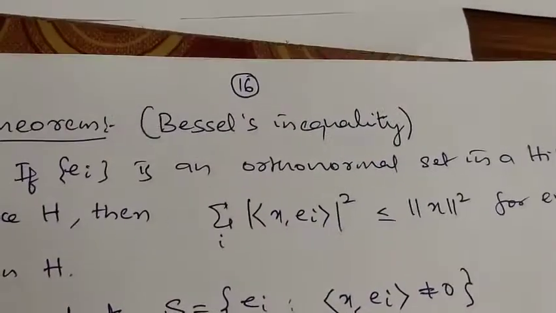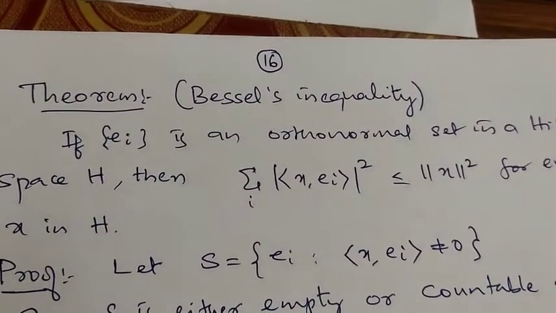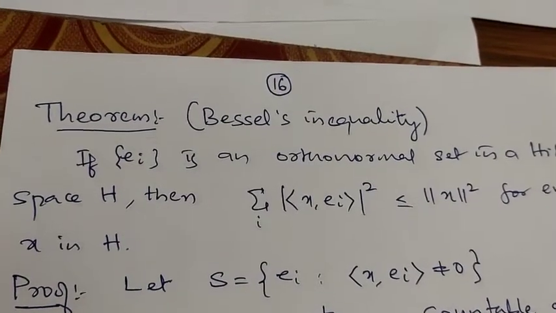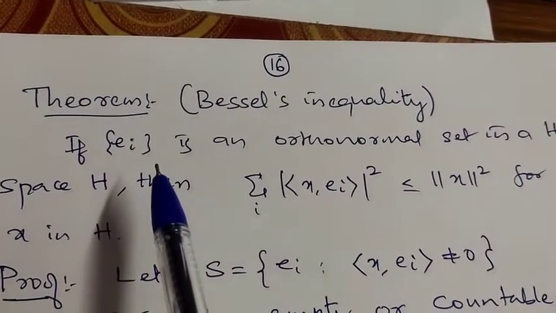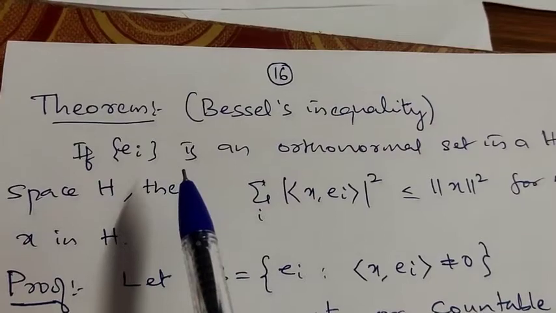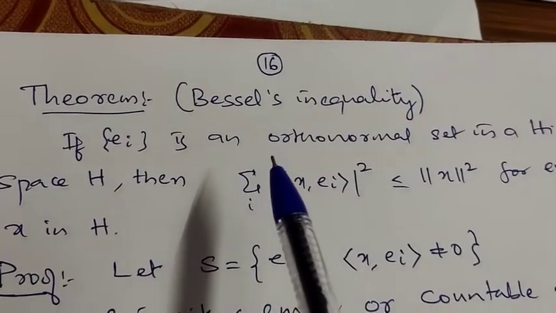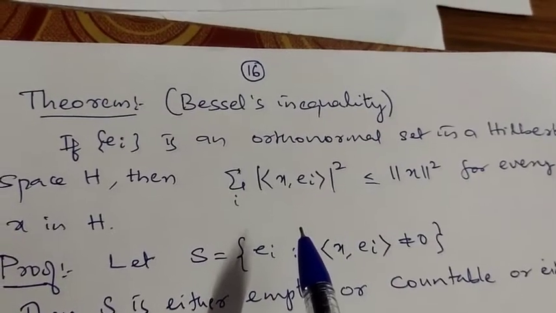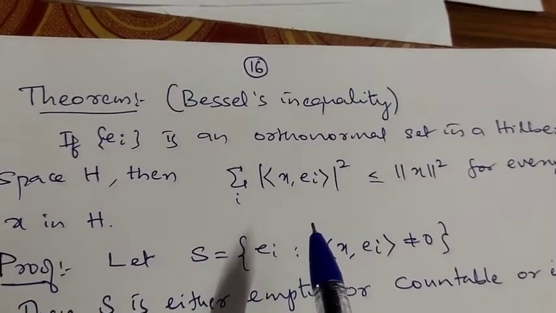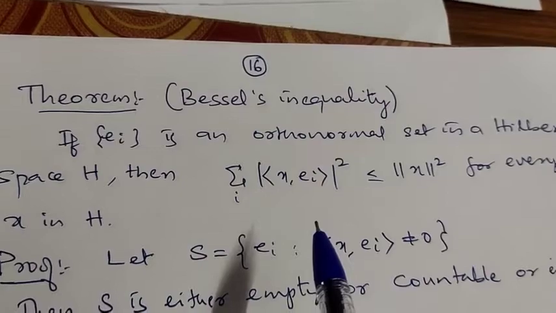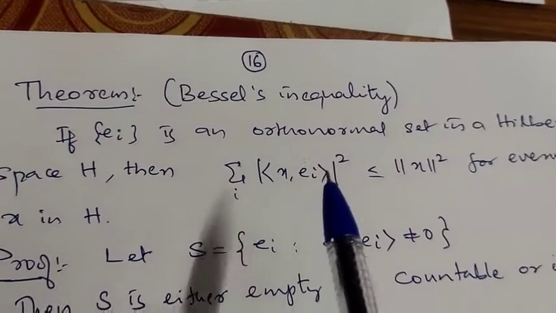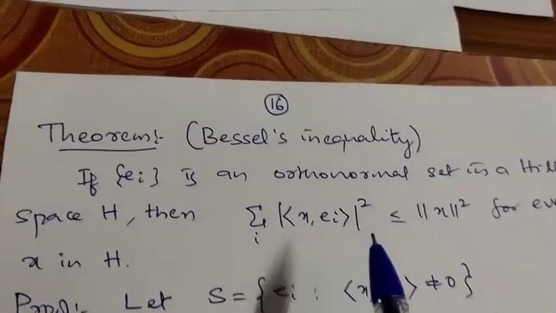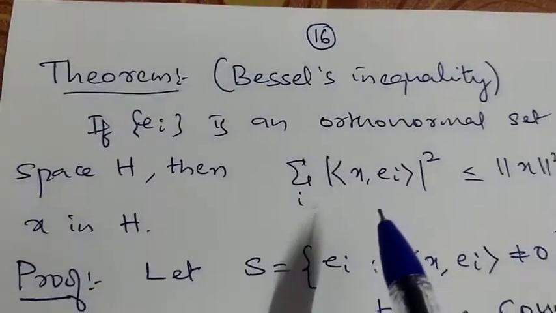Now we prove Bessel's inequality for a countable collection of sets ei. If in the examination they ask to state and prove Bessel's inequality, you need to write this. In other words, if they ask to state and prove Bessel's inequality for the finite orthonormal case, that means the first theorem of this class. Now this is the same statement.